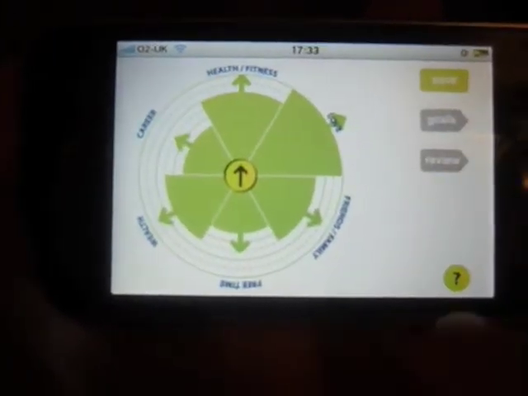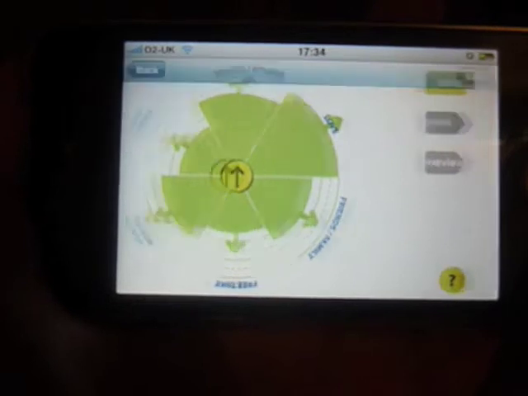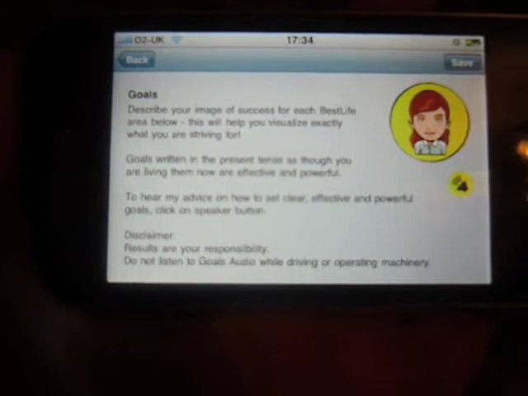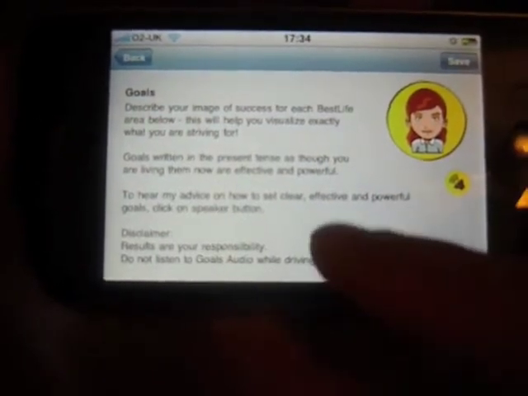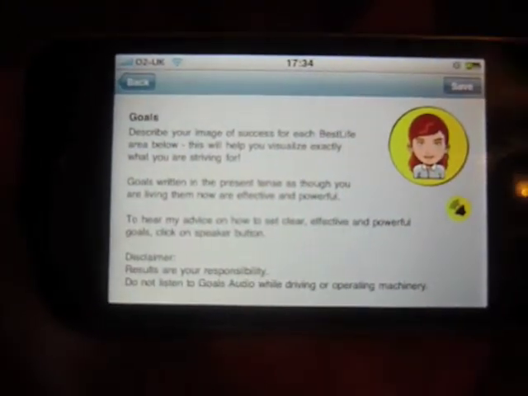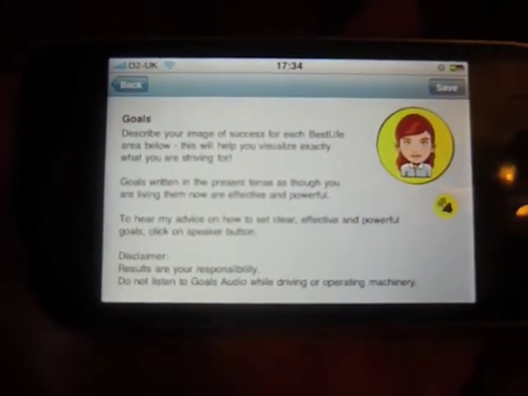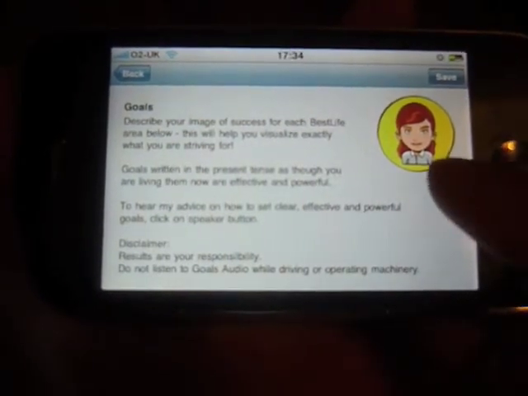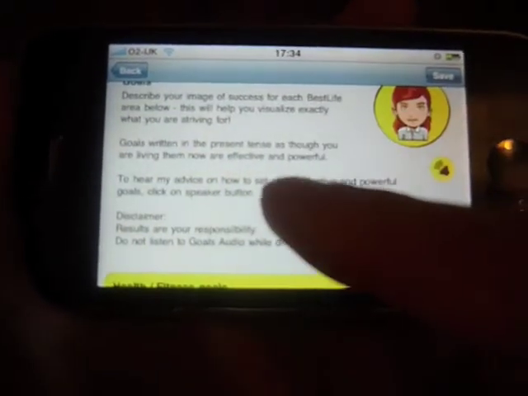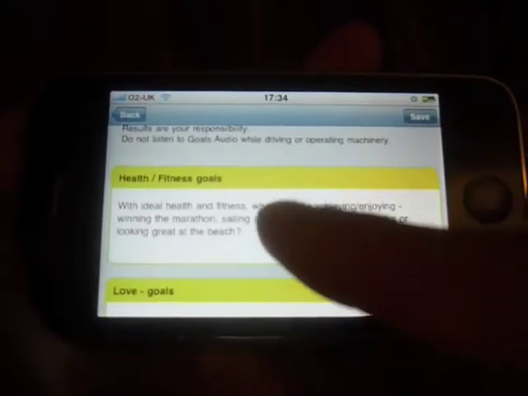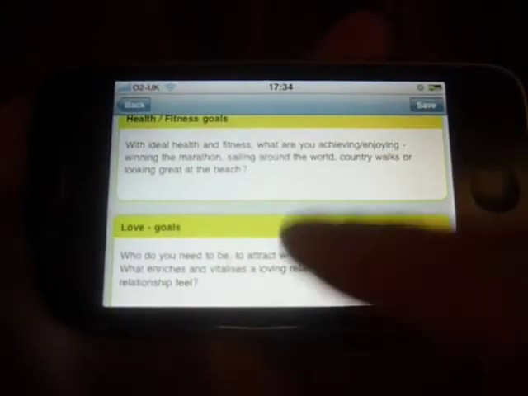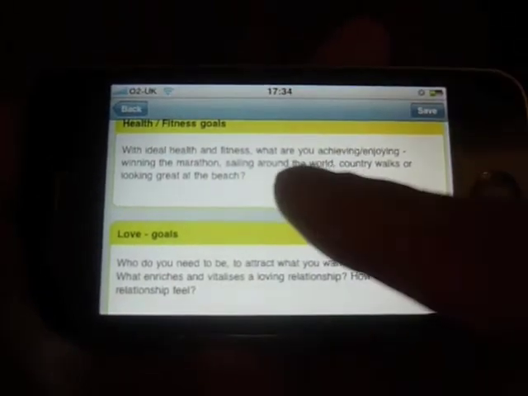So we're just going to go back a step and go into a different area. We're going to go into goals, and here's an example of an audio file. So we click on this little speaker button, we can actually hear Linda, and she'll go through and describe how to set goals in an ethical and sensible and positive way. I'll actually turn that off here because we're doing this little video, but there is a text summary of that here. So we've got each of the 6 areas again repeated, and there's some suggestions here again by Linda.